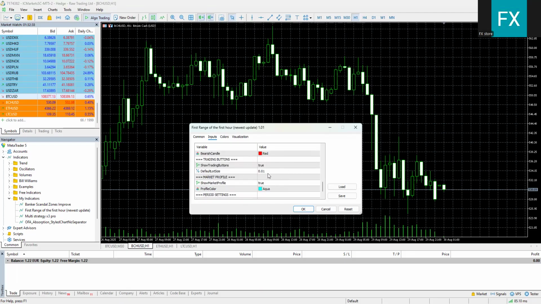And trading buttons. You can select them wherever you want. You can go select the lots. Anytime you press, let's say, the buy and sell button provided by the indicator, you have actually this amount, okay? So that is